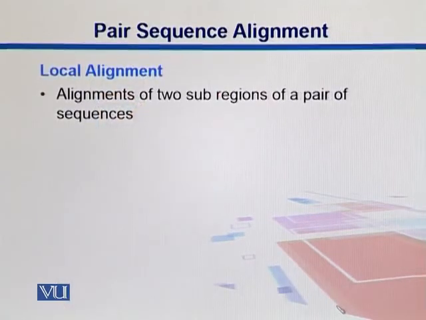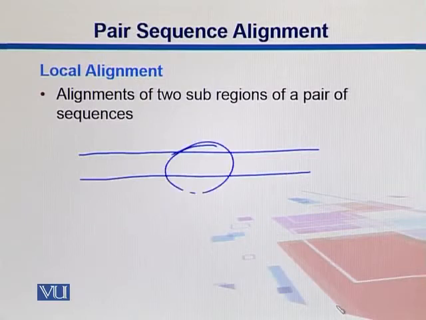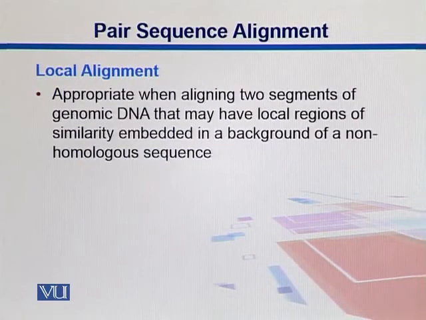Here is how I can elaborate it again for you guys. Here is the alignment of two subregions. These two sequences align here, don't align here, align here, no alignment here. This kind of arrangement is called local alignment. Local alignment is appropriate when aligning two segments of DNA that may have local regions of similarity, which are embedded in a